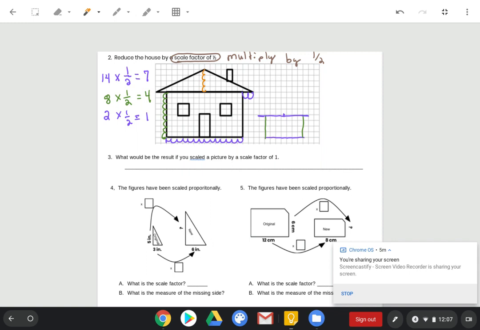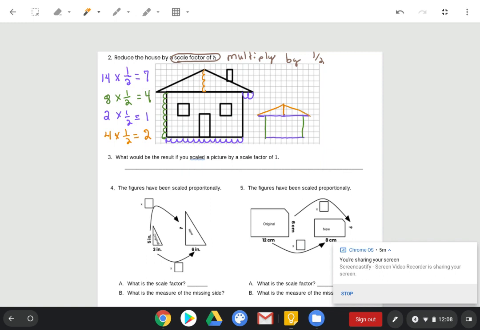So I need you to apply a scale factor of a half to those 4 units. So 4 times 1/2 equals 2. So my corresponding height is going to be 2 units long. So my corresponding height is going to be right here. And I'm just going to go ahead and draw the diagonal lines